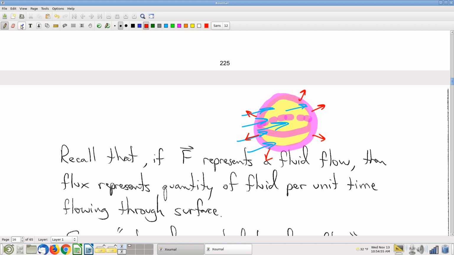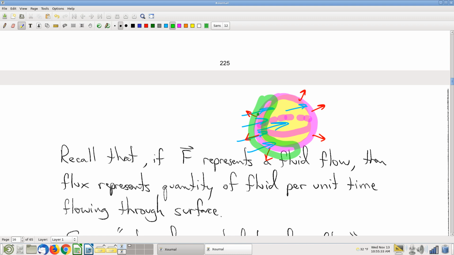Over on this side, looking at that part of the surface, fluid is flowing through the surface. Okay, wait a minute, but this time it's flowing into the solid, not out of the solid. But also, it's a negative flux, right? Look at the orientations. These fluids, by virtue of flowing the other direction compared to the orientation, there's going to be a negative flux appropriate to the fact that it's going into the solid instead of out